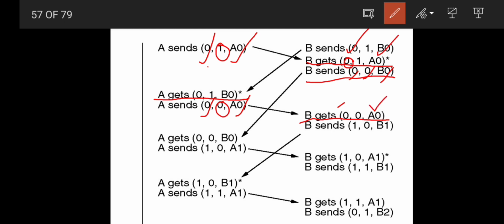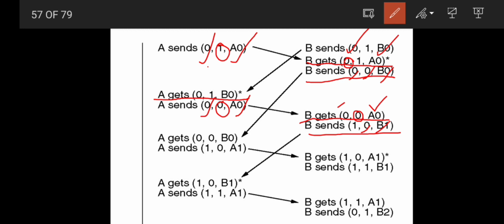And it will check the acknowledgement number here. Yes, my frame 0 is now acknowledged. I can send the next frame to A. So B will send the second frame, sequence number 1, frame is B1, but it will repeat the same confirmation: I have already successfully received your frame 0. Now you can send your frame 1.